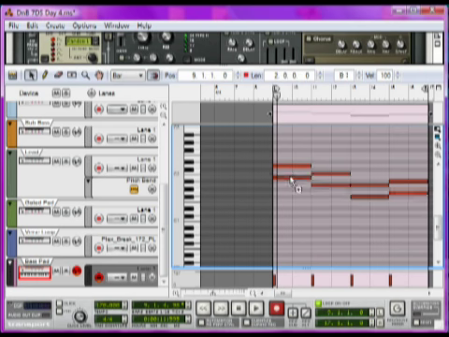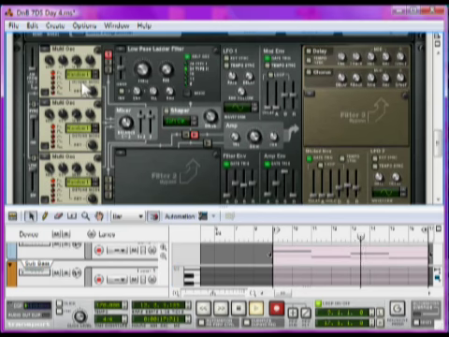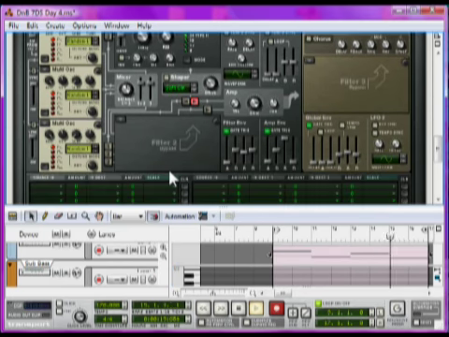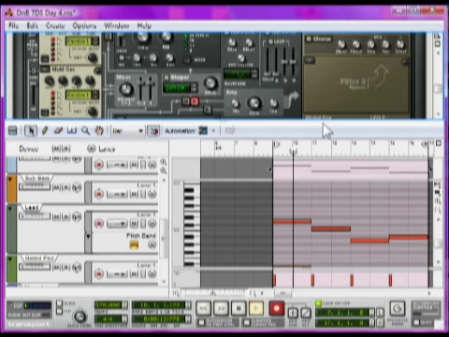You could just make another instance of Thor with all the oscillators down an octave. Or even just change some of these oscillators to reduce the power of it, if you didn't mind that. But this is the way I do it. Sweet. Okay, so